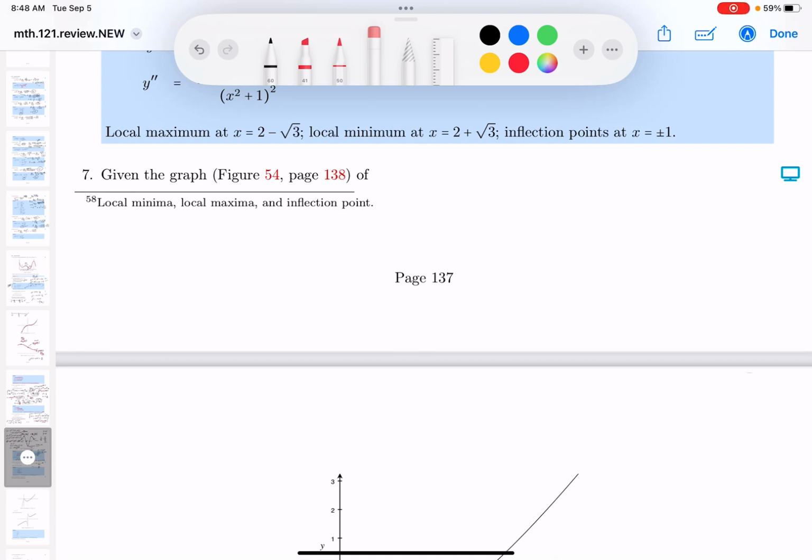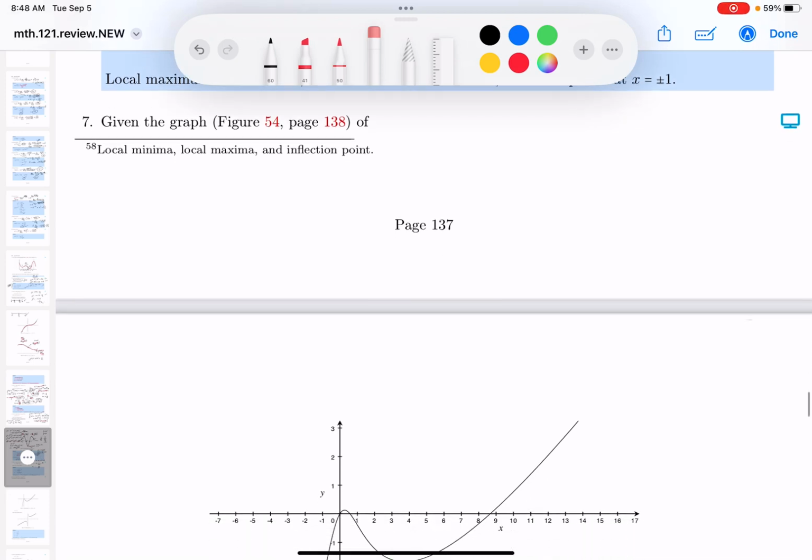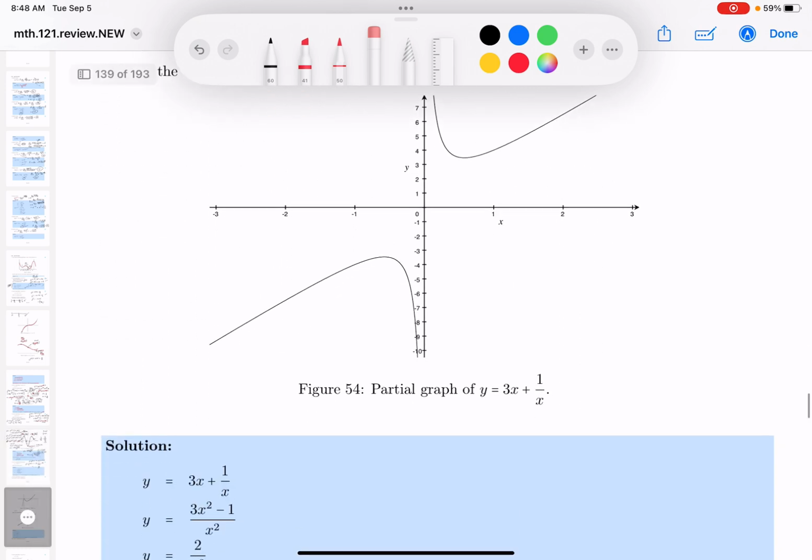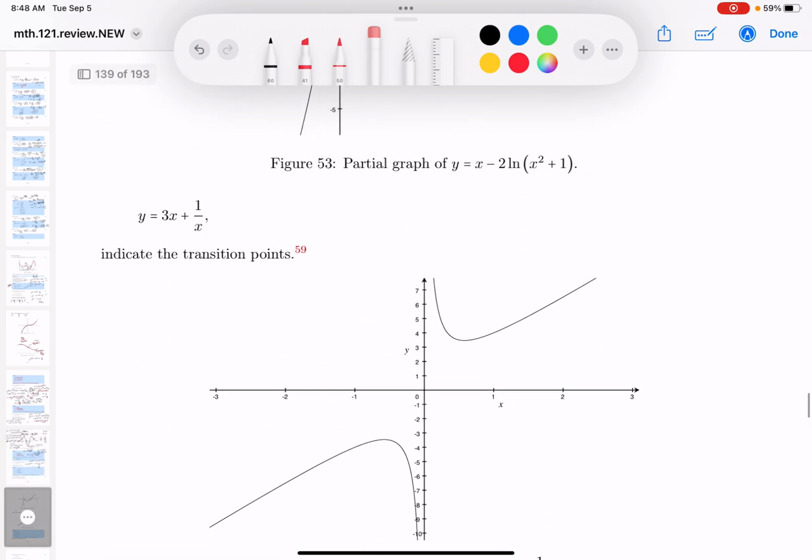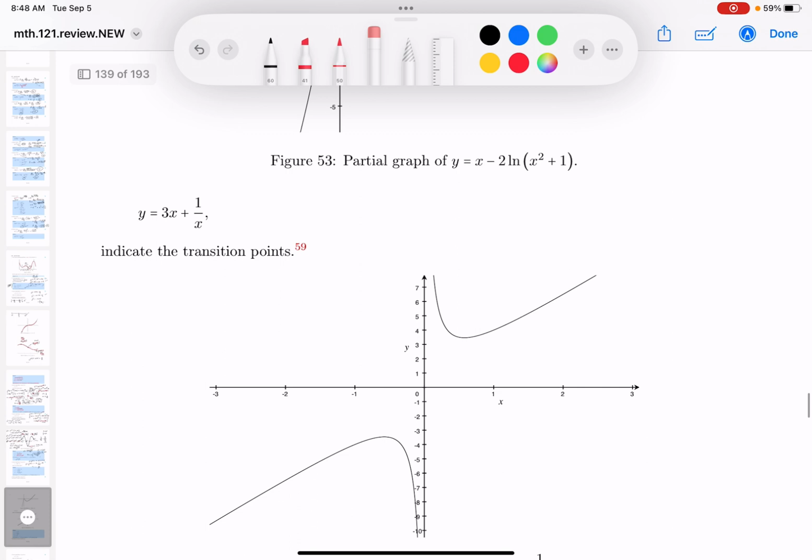Okay, we're on number 7. It says, given the graph, figure 54, page 138. I do see that, and the function, indicate the transition points. Well, I'm looking at the graph, and I'm looking at the function, and I'm going to put the transition points down for you. Before I do anything, I want to point out the domain of this problem here is going